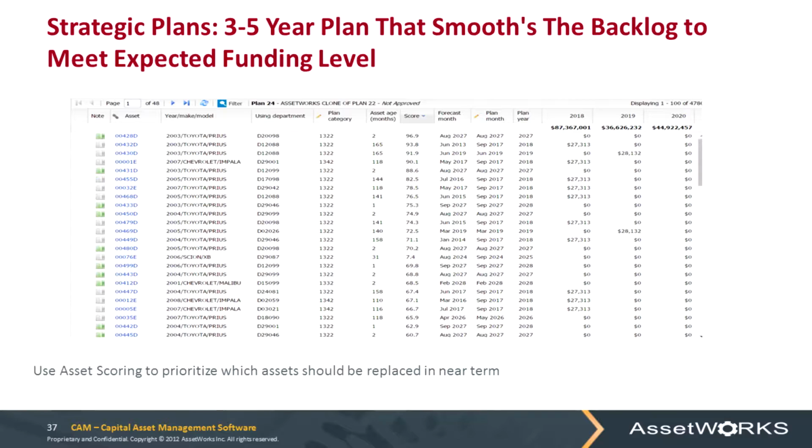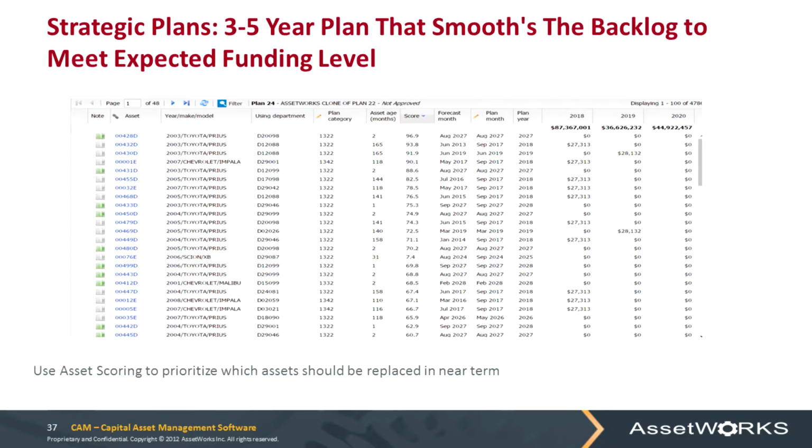Okay, then we can move on to strategic plans. So this is a 3 to 5 year plan, and then you can run annual plans and quarterly plans if necessary. So from your baseline, you can run many scenarios on planning, and then you get into the detail against the individual asset. So this plan shows me the asset number, it shows me the year, make and model, it shows me the using department, the department in your business that's actually using the vehicle. It shows me the plan category,